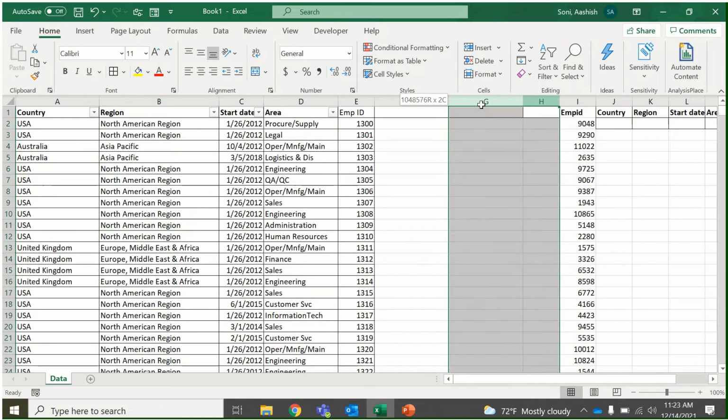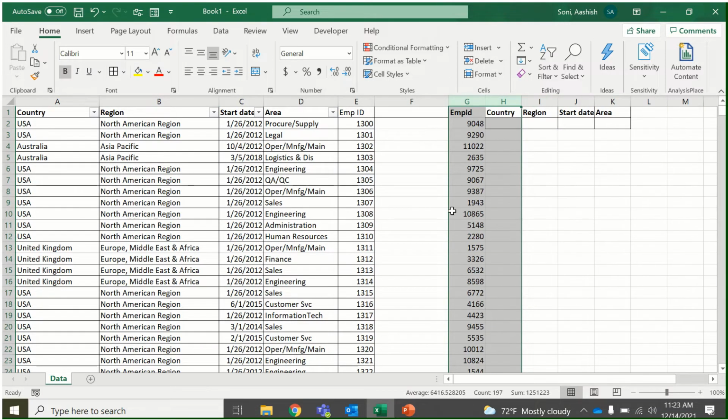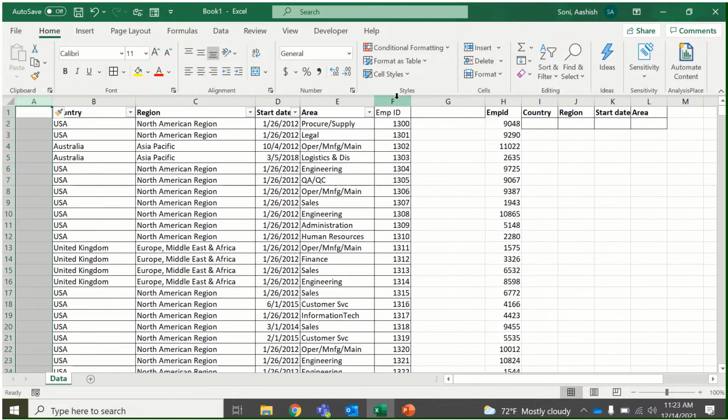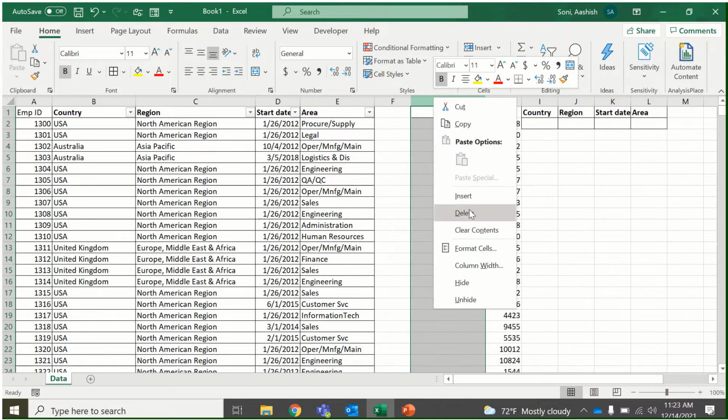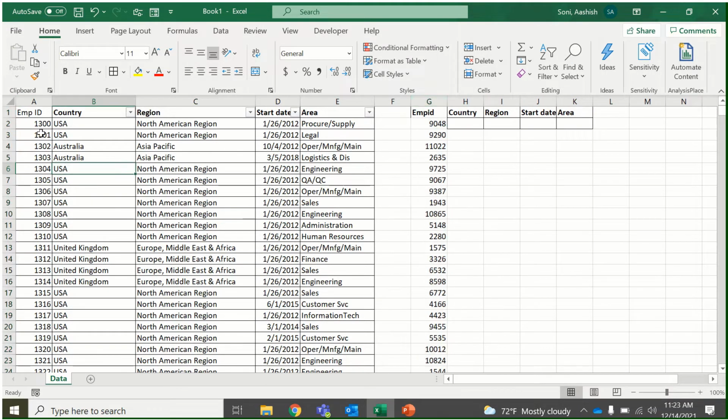It's not possible because your lookup value is either in between or last. It will not work. The lookup value should be your first column, and that's the basic rule. So I'll insert, cut this with Control X, and copy it back. I just wanted to show you it will not work that way. It should be your first value.